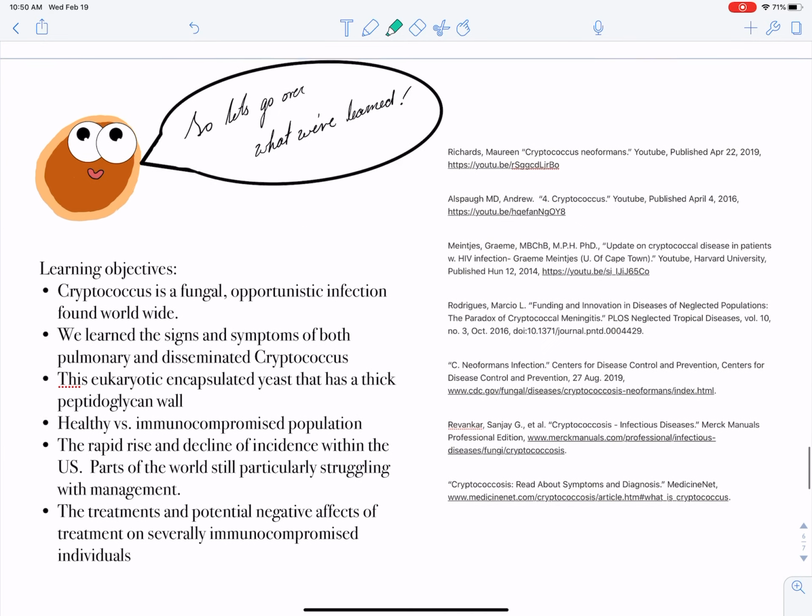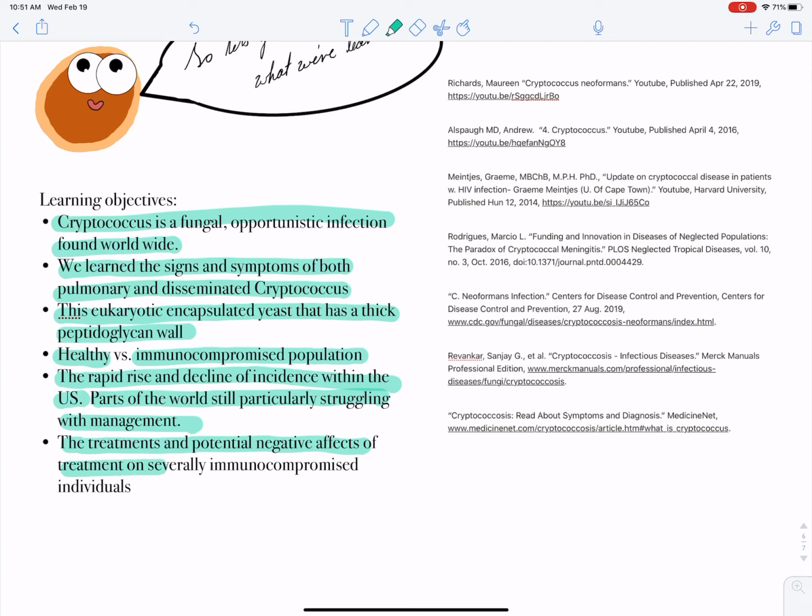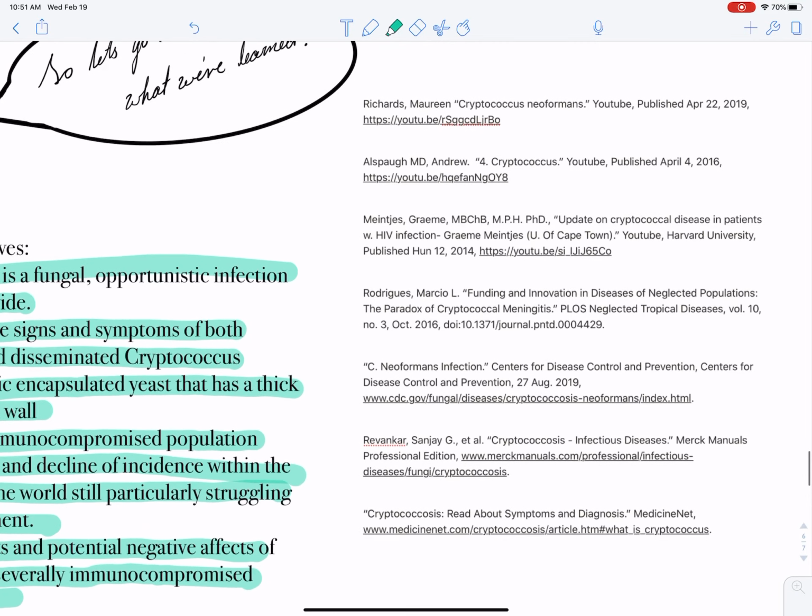So let's just go over what we've covered today. So Cryptococcus is a fungal opportunistic infection. It's found worldwide. So we learned some of the signs and symptoms of both pulmonary and disseminated Cryptococcus. This eukaryotic encapsulated yeast that has a thick peptidoglycan wall. We learned about the healthy versus immunocompromised population, the rapid rise and decline within the U.S., and the parts of the world that are particularly struggling with management, the treatments and potential negative effects of those treatments on severely immunocompromised individuals. Right over here are my references, and